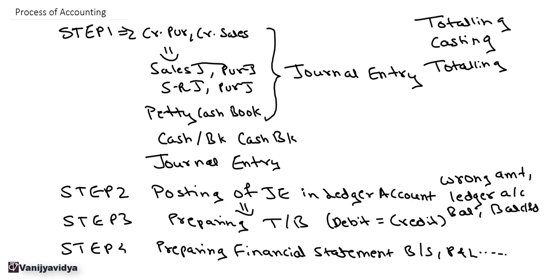Now in this case, this is an error of principle, that is, instead of recognizing an asset, it is recognized as an expense. So in this case, even if there is an error in the journal entry, the debit side and the credit side of the trial balance will tally. So this error will not be reflected in the trial balance. In that case, we can find the error by doing a ledger scrutiny. So this was about the whole process of the trial balance and what errors can happen at each step of the process of accounting.